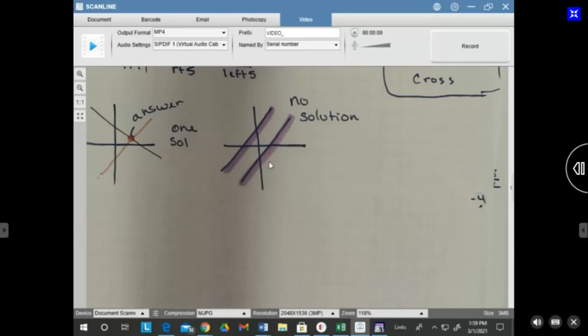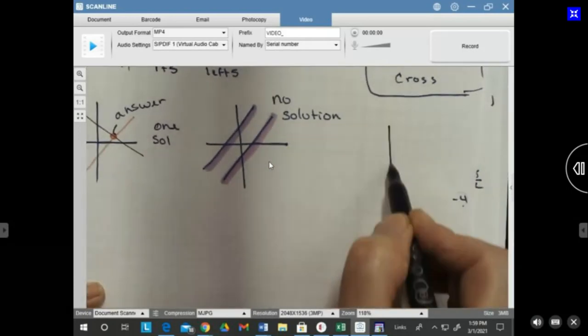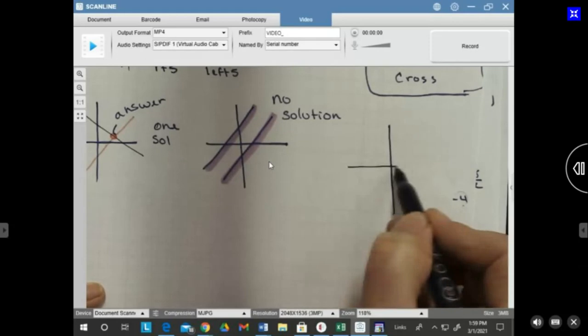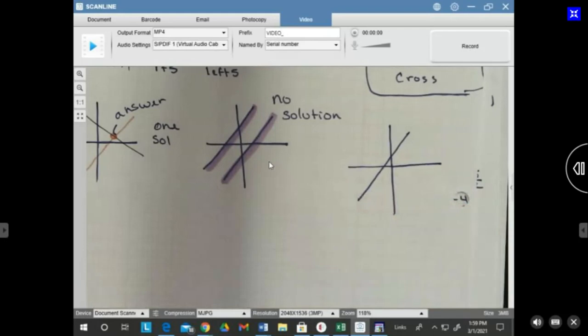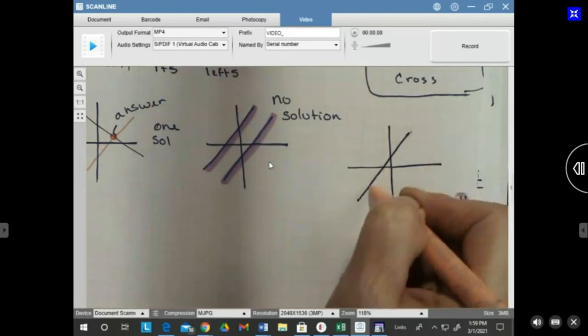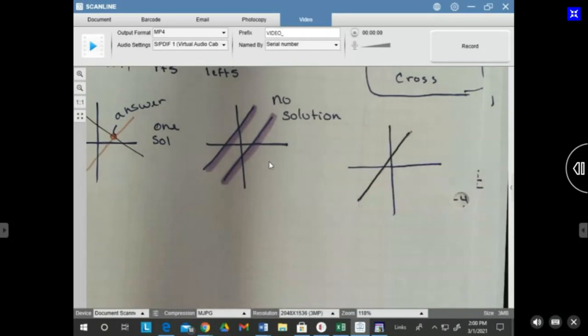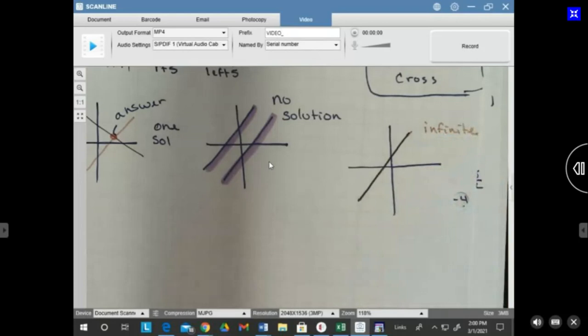Okay. Now if I have the third kind, so I end up graphing both lines, right? But the thing is that when I graph the second line, it turns out to be the same exact line as the first. Then I have infinite. Will they be in different colors or something? No, but they do look different, like when we have to change it to get y alone, or if it has to be simplified. I'm going to show you in just a